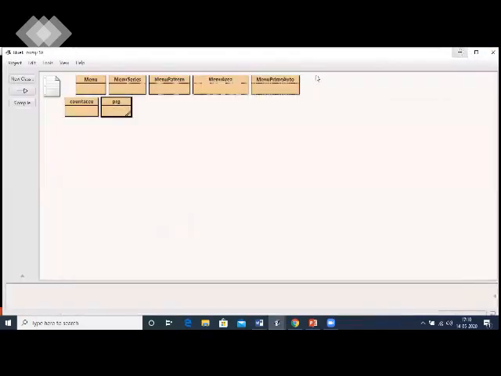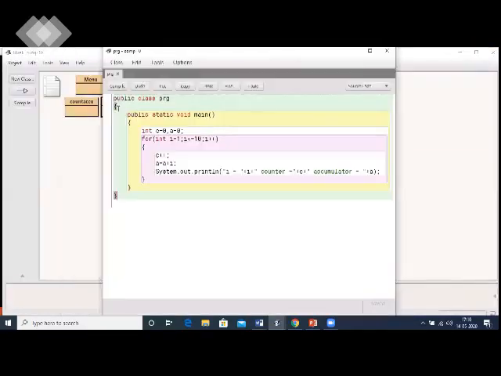Now, to do a dry run for you, to understand it better, I'll be just writing over here. Under i, when i is 1, your counter is also increasing to 1. Accumulator becomes 0 plus 1, because the original value of accumulator was 0. So you can see, why 1, 1 is coming? i is also plus plus, updation is one value. Over here also post increment one value.